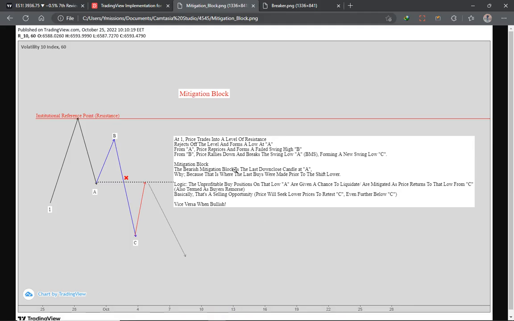Right. So you've probably seen this from your Discord. I would like to believe if you're watching this video, these annotations were shared on the Discord server. For a mitigation block, I'm just gonna go through the key points. So at point one, right here, we see price gravitating towards our institutional reference point, which is any PD array that would provide resistance for price, right? Right here. Whether it's a bearish order block, whether it's a consequent encroachment, whatever you're looking at